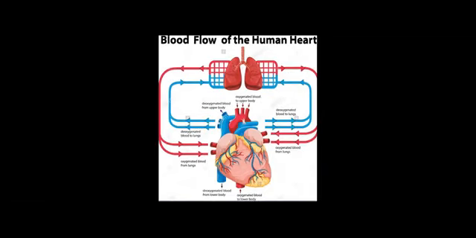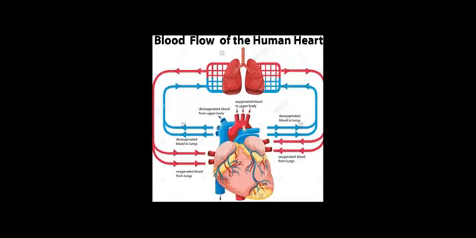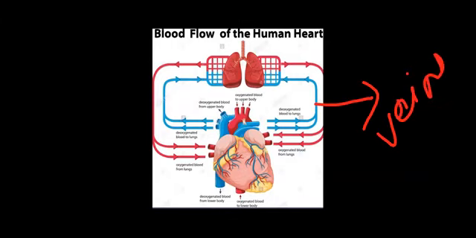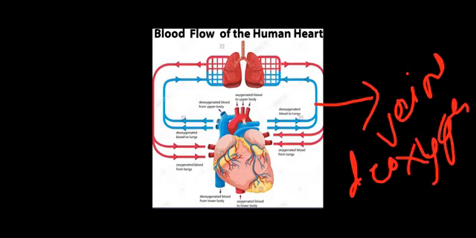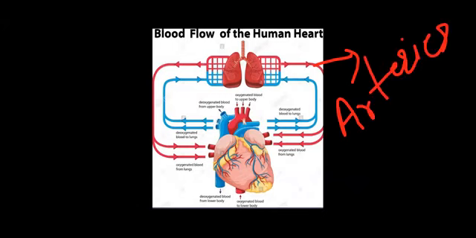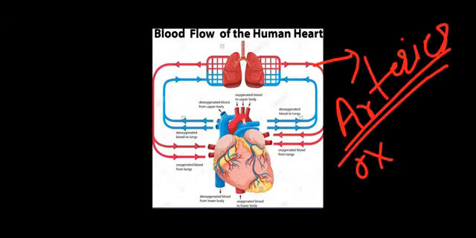Look at the highly magnified structure of the blood flow in our body. This is a schematic diagram which represents how blood is transported in our body. So children, look at these blue lines. What are these? The veins, as I told you, because all veins carry deoxygenated blood, which is represented in blue color. While the red lines are the arteries, which carry oxygenated blood.